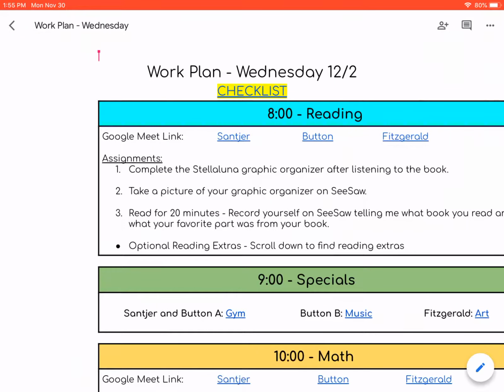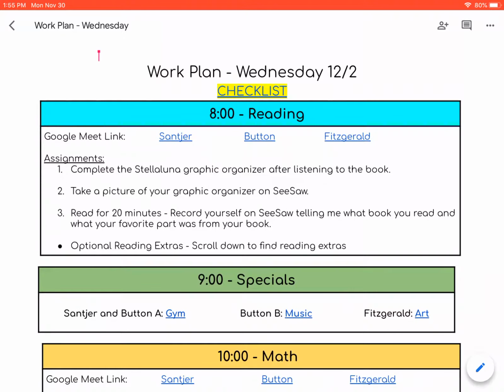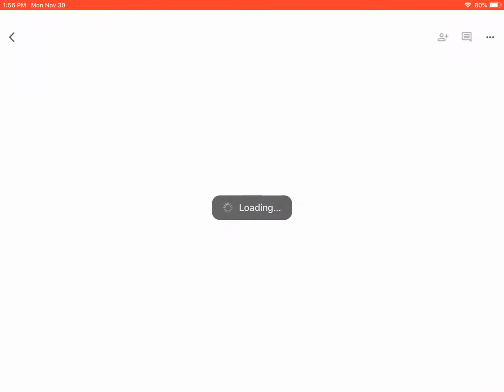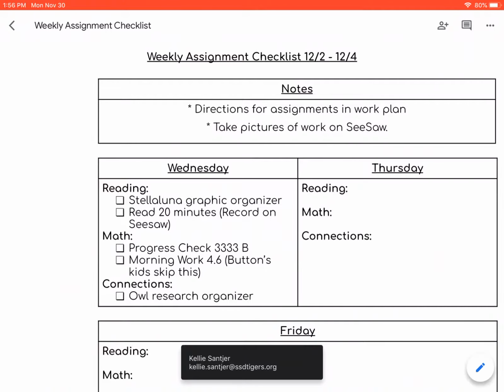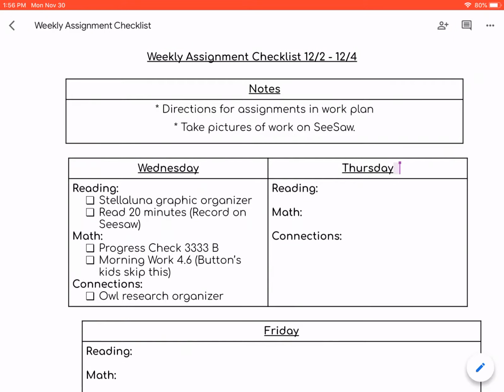Up at the top of every work plan, we will have a checklist that's highlighted, and this is more for the parents, so you can have something to quickly look at and talk about with your child to ask them if they have done their assignment. So you will be able to open up this checklist each day, and you can print this if you want to, or maybe write them out in a notebook